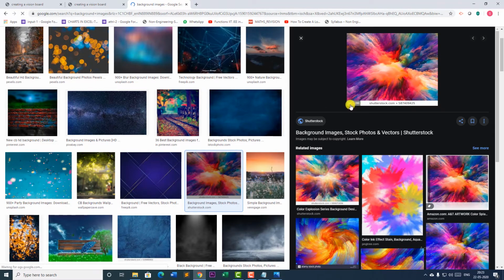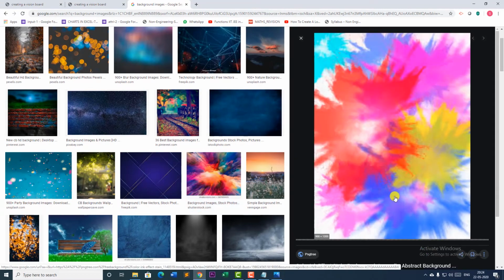This is the size of the image, 347 into 280. This is much smaller than my screen size. So if I choose an image of this small size, it will of course come as repeated images on the web page. So I need to choose a bigger image. See, this image is much bigger, it is 900 into 1203. So similarly, you need to choose an image which matches your screen resolution.